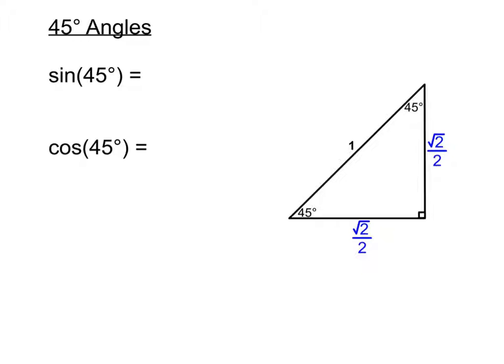And so then we can know that in a 45, 45, 90 triangle like this, the two leg lengths are root 2 over 2 if the hypotenuse is 1. Now based on that, we can then actually know exact values for the sine of 45 degrees and the cosine of 45 degrees. Because really, if I think about the unit circle, go back to that idea that we've been